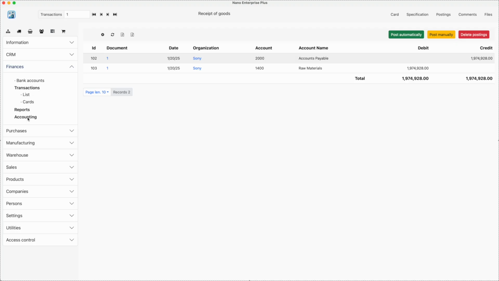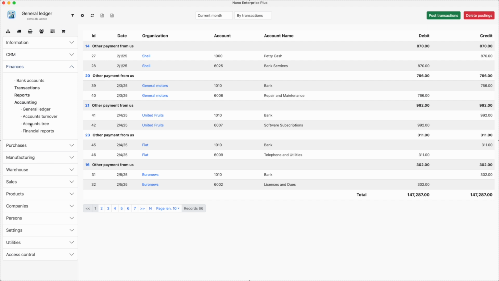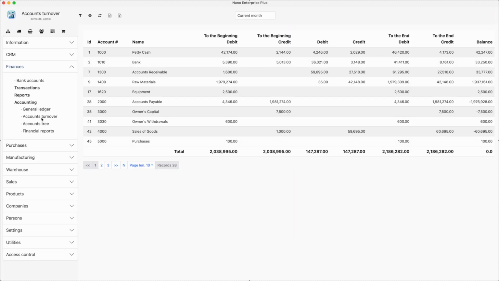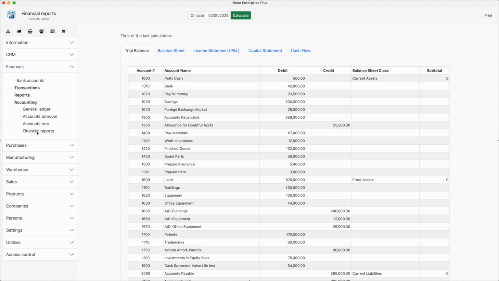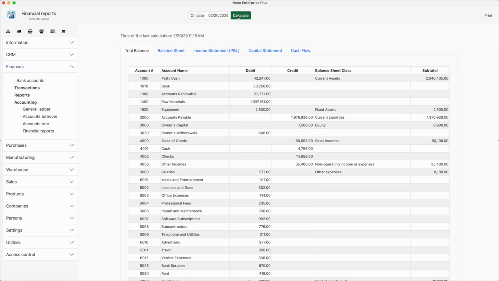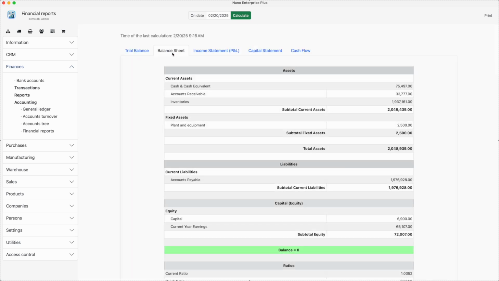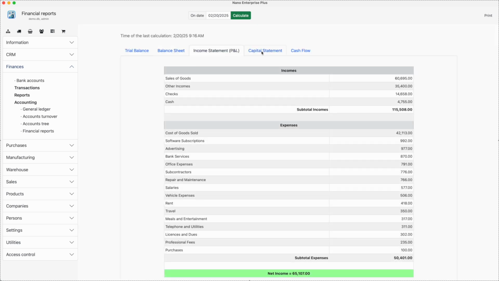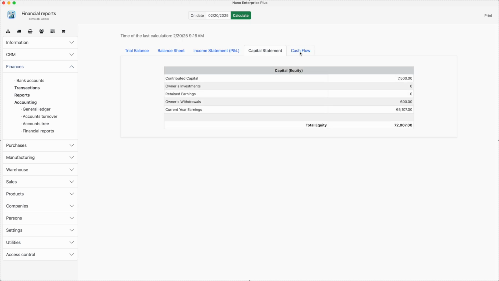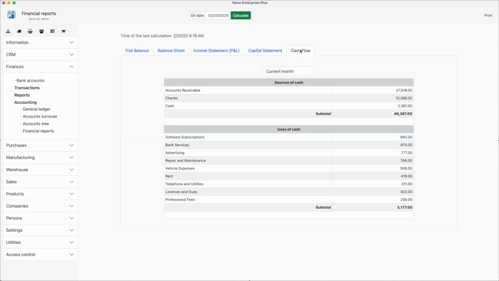In addition to standard financial reports, each application module provides access to specialized reports. The current state of the enterprise is displayed in a visual form on the dashboard, which combines key metrics and indicators. Take a look at what some of the reports look like. Trial balance, balance, profit and loss, capital flow, cash flow,